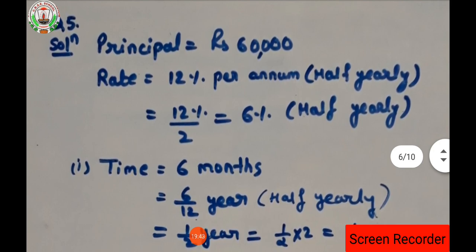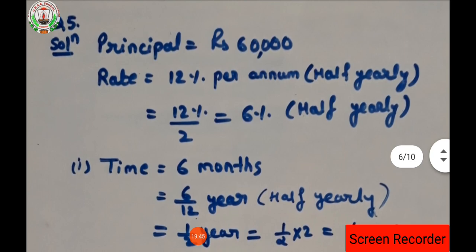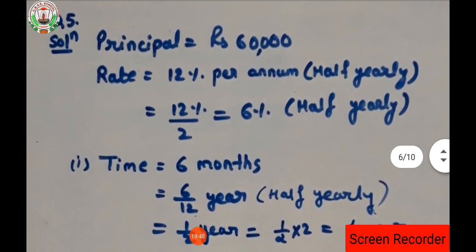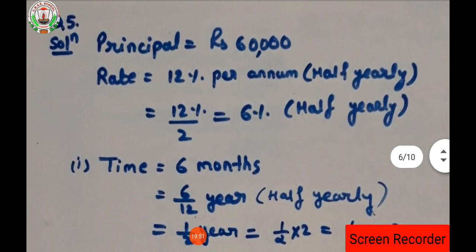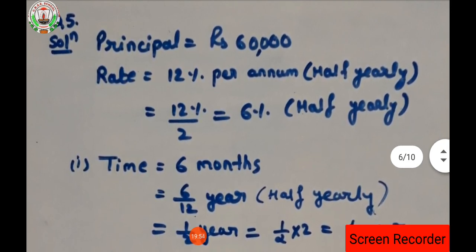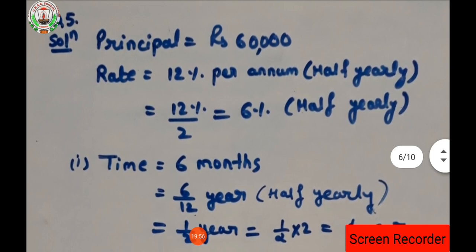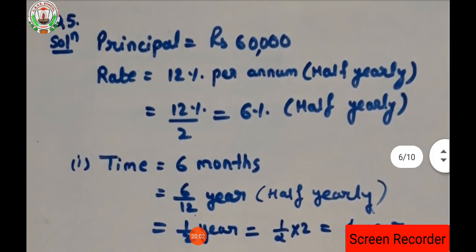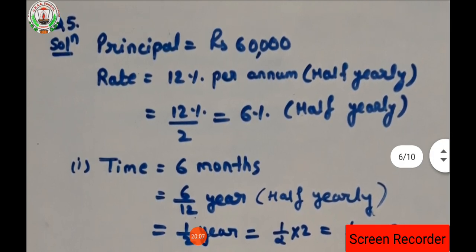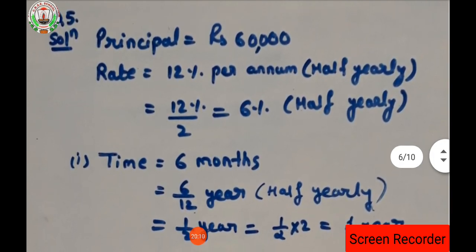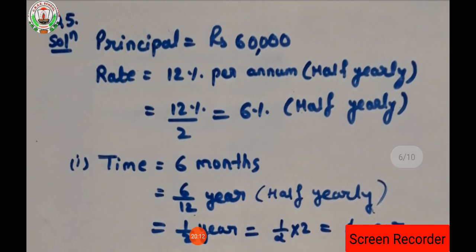Vasudevanand invests rupees 60,000 as an interest, isn't it? The rate is 12%, and the principal is 60,000. Now here it is talking about compounded half yearly, and two conditions are given. First condition, time is 6 months, and second condition, time is 1 year. So separate time is given. Time is different, but the principal and the rate will remain the same. Clear everyone?